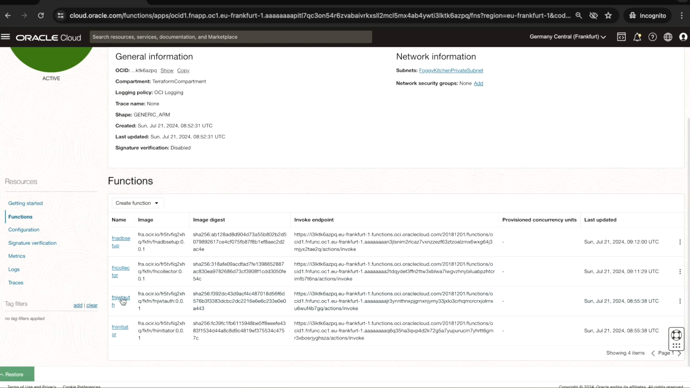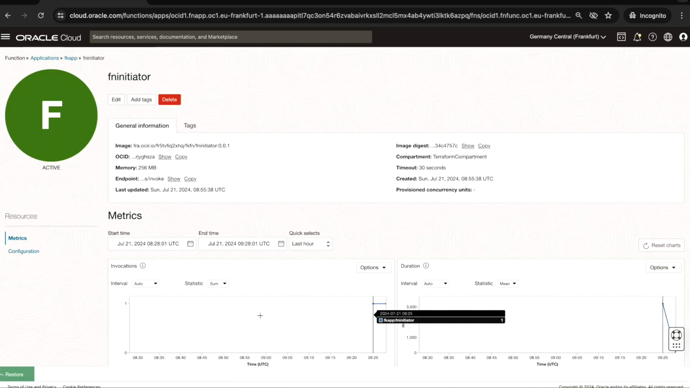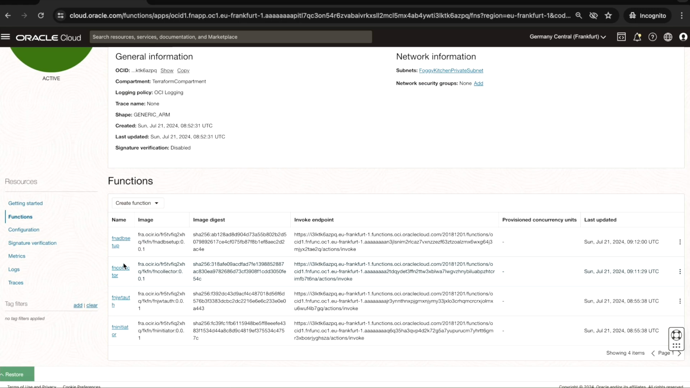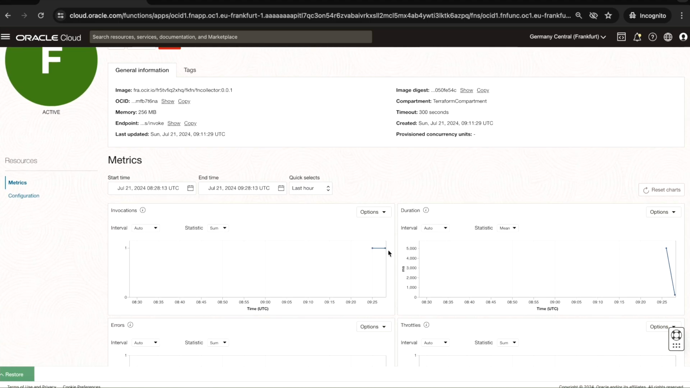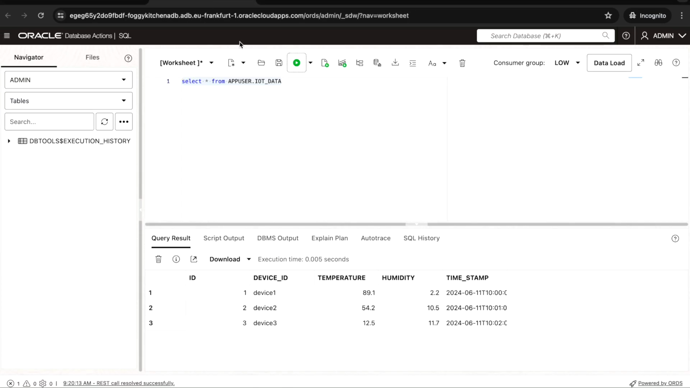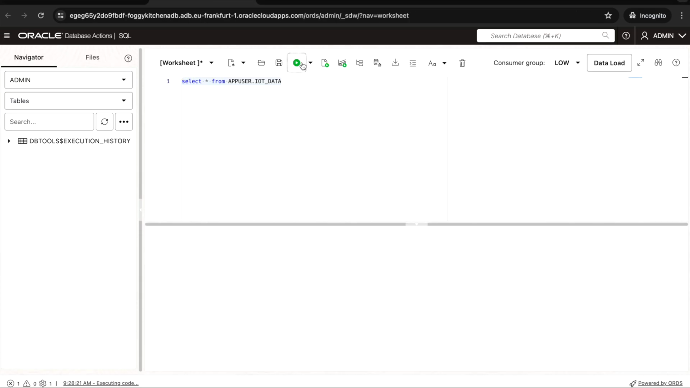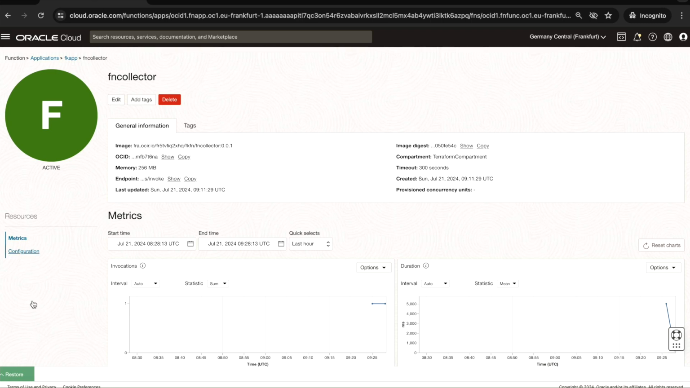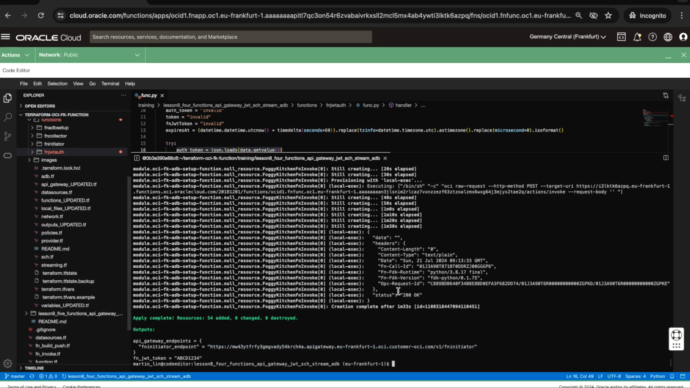And for fninitiator, we have everything in place. And for the collector, let me check it for collector. Yeah, executed as well. So I'm assuming in our database we should have new entries, and this is what we can see here. So everything has been done, so we can return back to terminal and run terraform destroy just